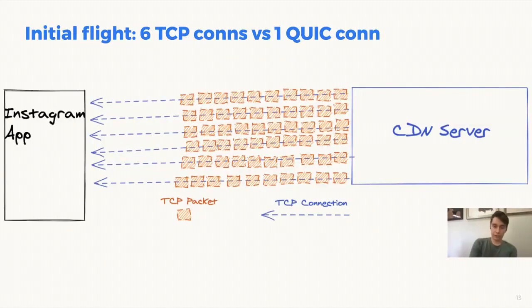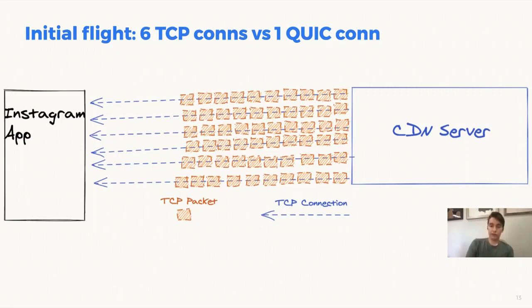So an interesting thing that we saw with congestion control, and specifically on Instagram, was, if you remember what Yang said, Instagram was using 6 connections to fetch data from the servers. Now, it was not only doing this for multiplexing reasons, so that it could have multiple in-flight requests at the same time. But another side effect of this is that for the first request that the app makes, it's able to download quite a lot of data in that first initial flight.